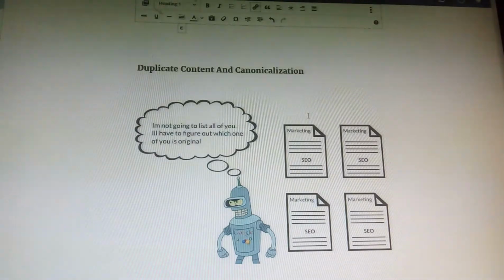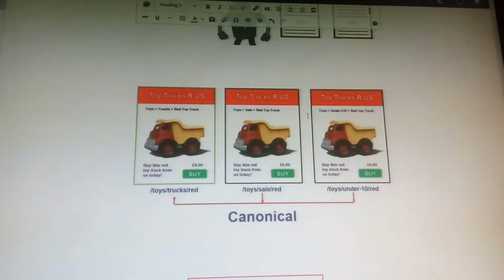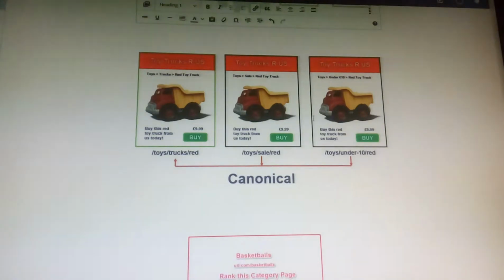Actually, what happens is sometimes a situation arises when you have one page and you may have different versions of that particular page, like a printable version, a PDF version, or a page which appears in different places on a particular website, like in product categories where products are categorized according to color.